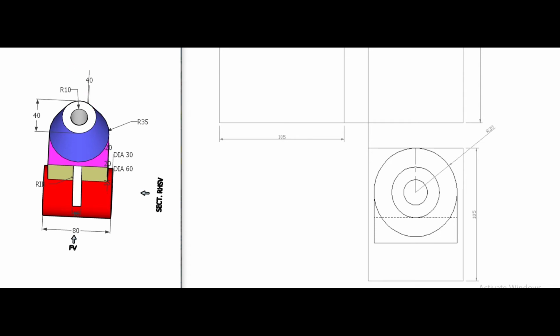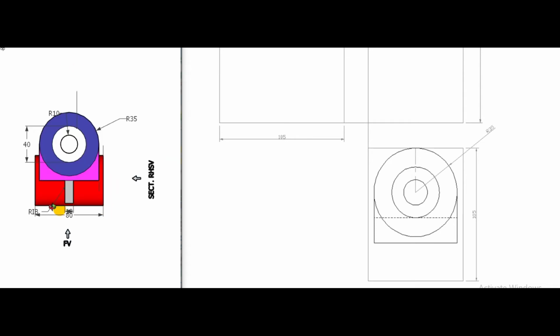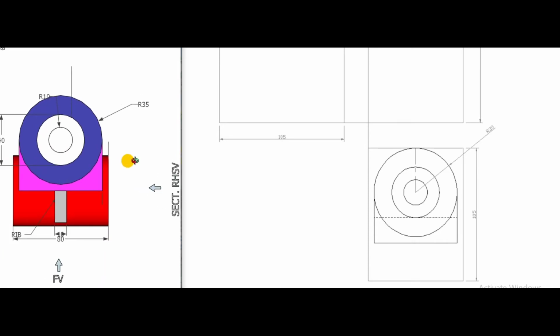So this is a visible outline, this is a visible outline. Only this portion is visible and this bottom line is not visible, so it should be shown by a dotted line. So we'll start to draw this visible outline. This visible outline will start from this, which is of 80 millimeter length.